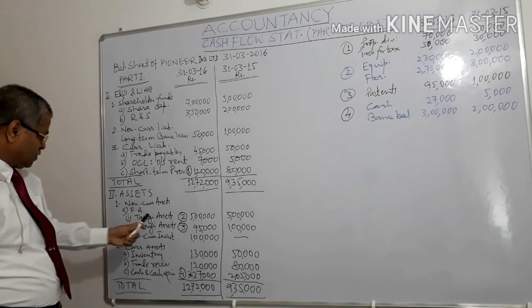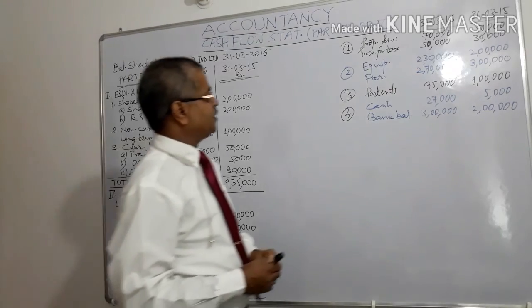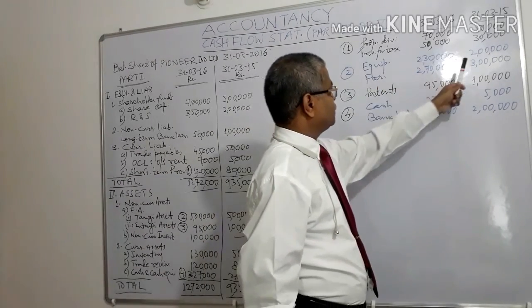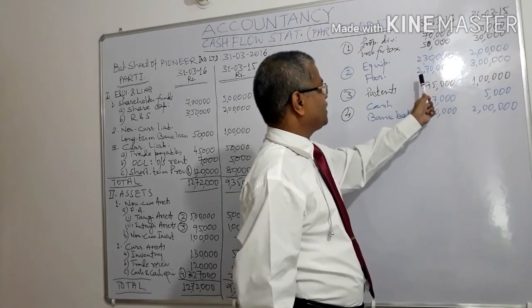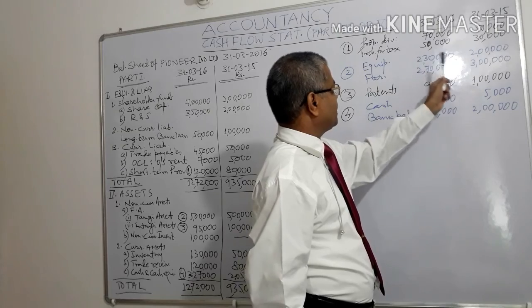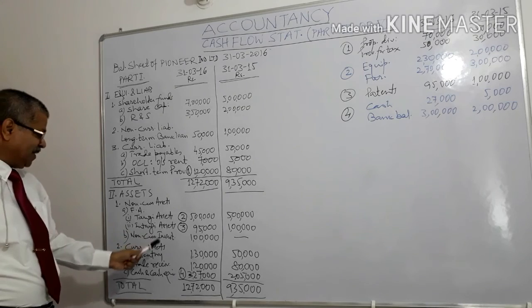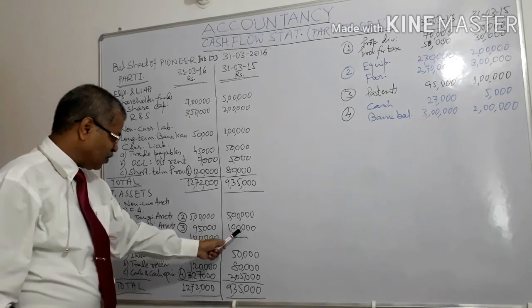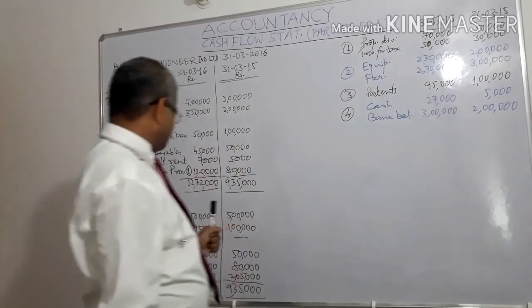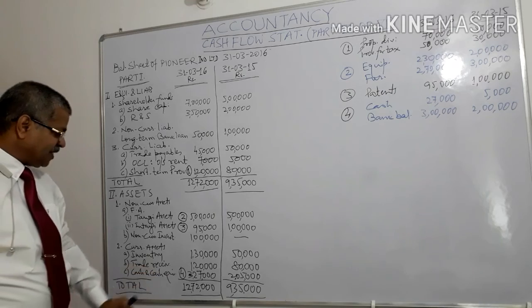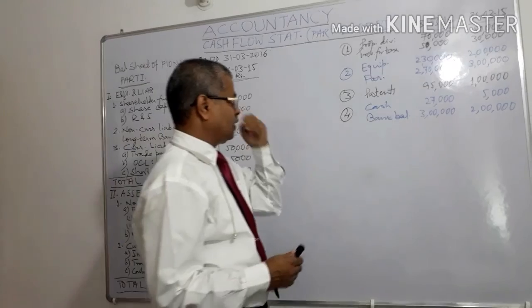Second note is tangible assets, which has remained at 5 lakhs. And the breakup is equipments from 2 lakhs to 2 lakhs 30,000. Furniture from 3 lakhs to 270,000. This has increased by 30,000. This has decreased by 30,000. Now, third note is patents, intangible assets. It has gone down from 100,000 to 95,000. Fourth note is cash and cash equivalents from 205,000 to 327,000.